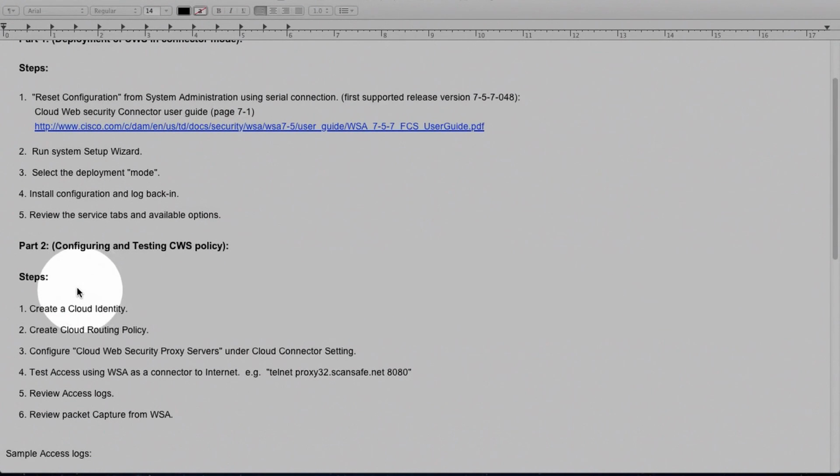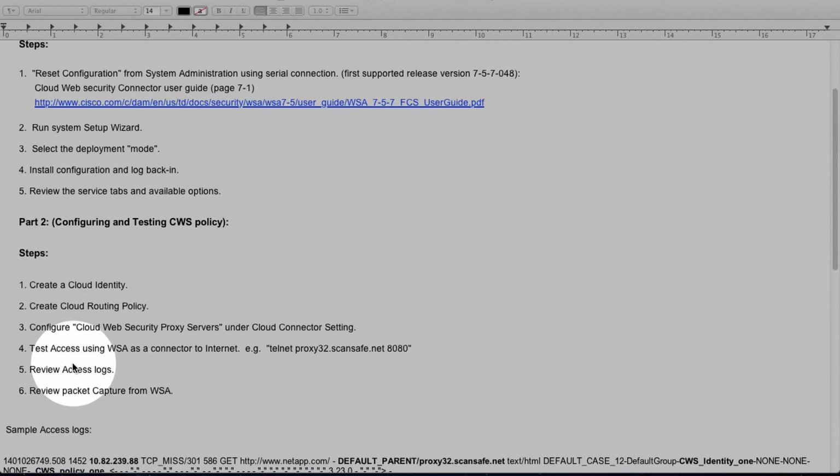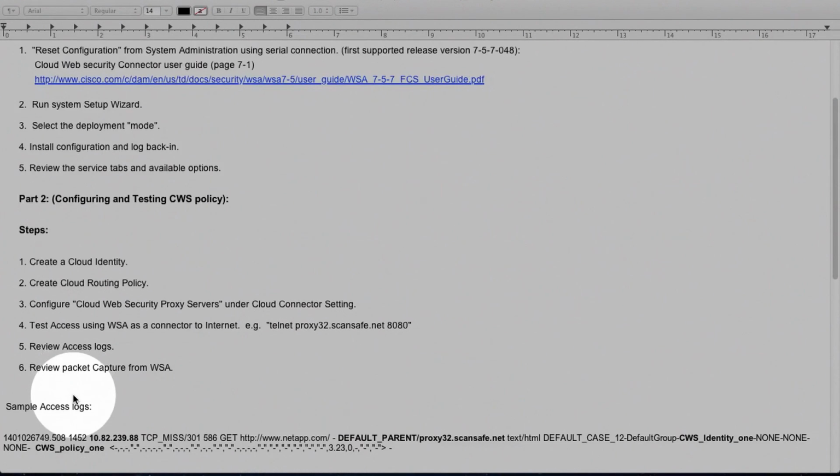In part 2, we went through and configured a cloud identity, a very simple cloud routing policy, and we used our security proxy server, the one we deployed or added during the deployment. We looked at the access log on the cloud connector. We can also do the reverse telnet connection on port 8080 as well. We reviewed the access log and the packet capture,